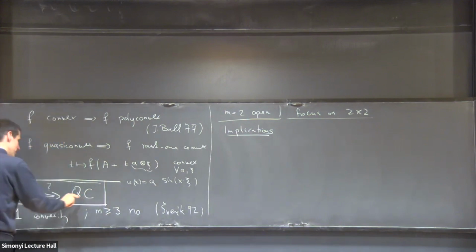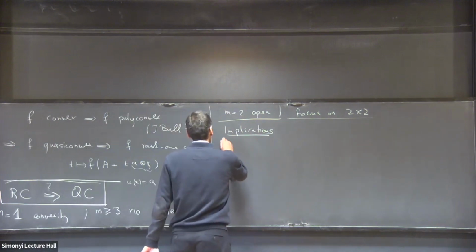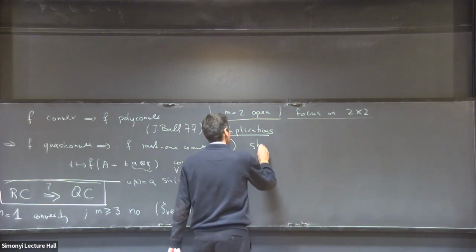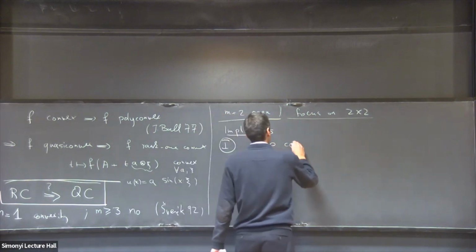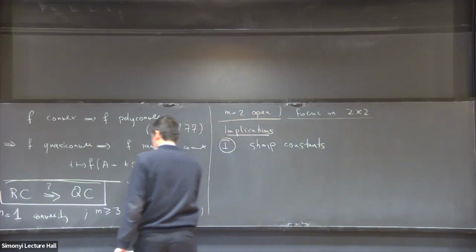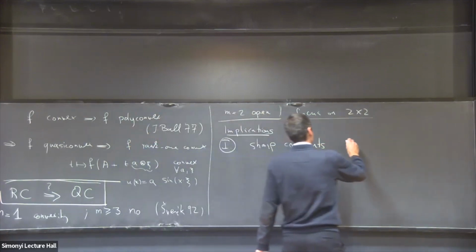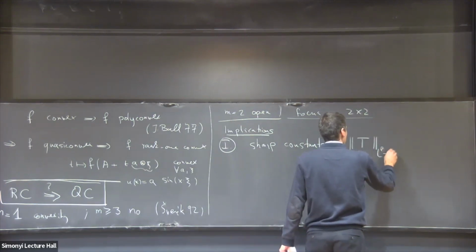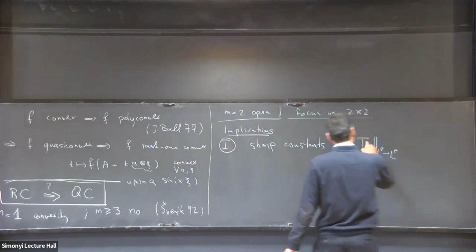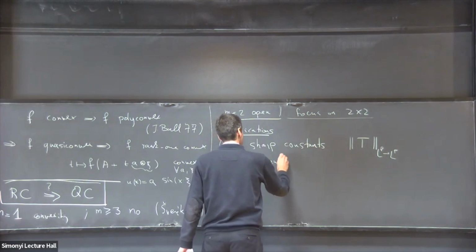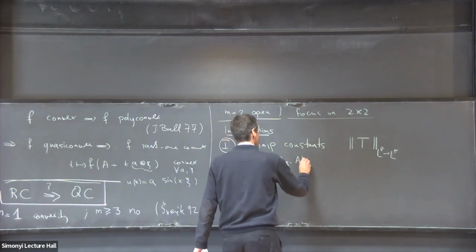If rank 1 convexity did imply quasi-convexity in the 2 by 2 case, I would say probably the most well-known or most popular implication is that it gives sharp constants in various problems, and the most prominent one is for the Lp operator norm of the Beurling-Ahlfors transform. So P is the Beurling-Ahlfors